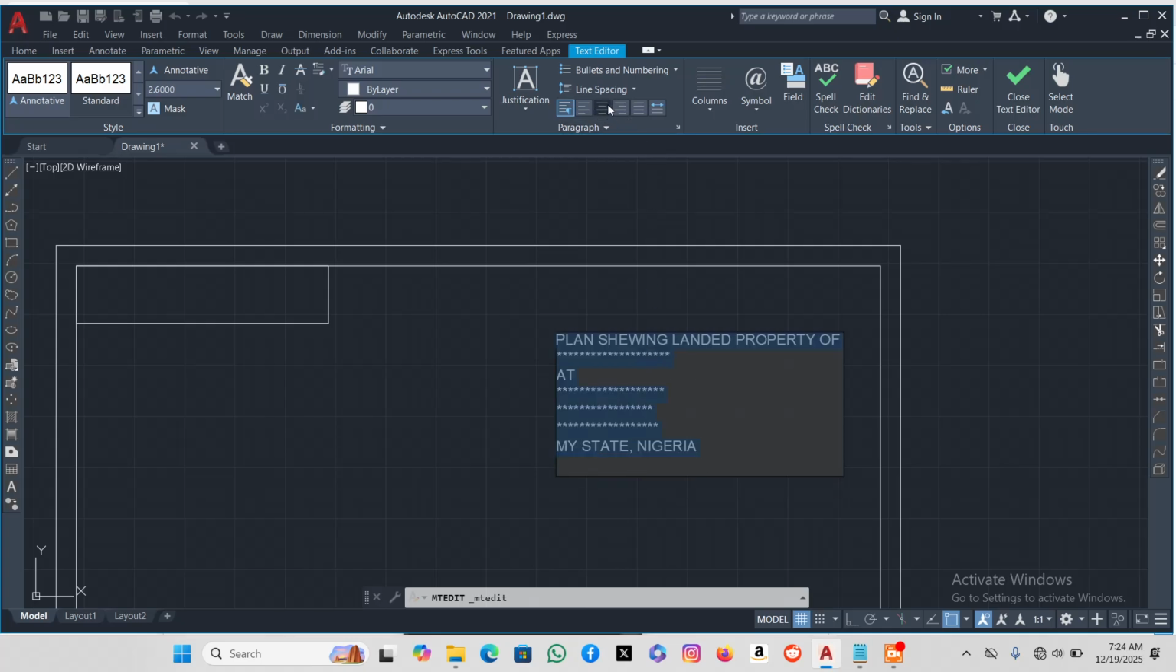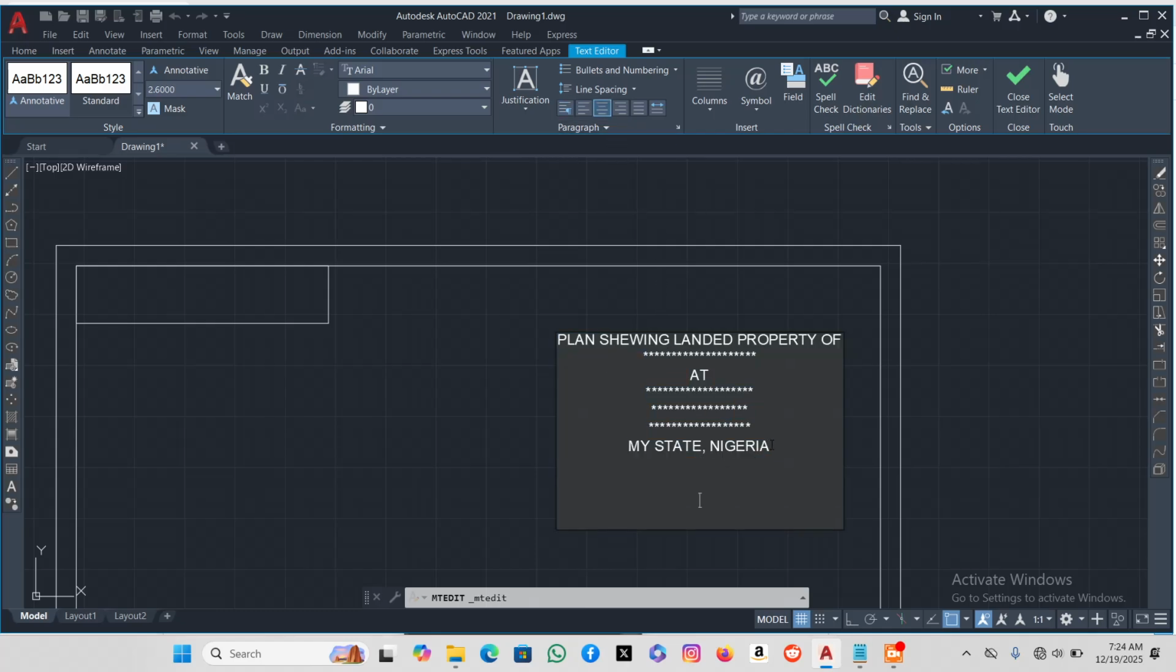Control A, and then just center align this. Under you can include scale 1:1000, and then area is equals to, let me say, 960 square meters,